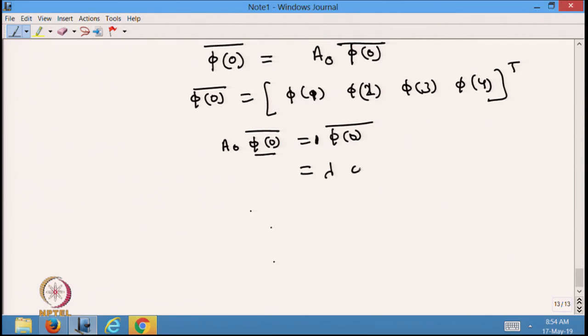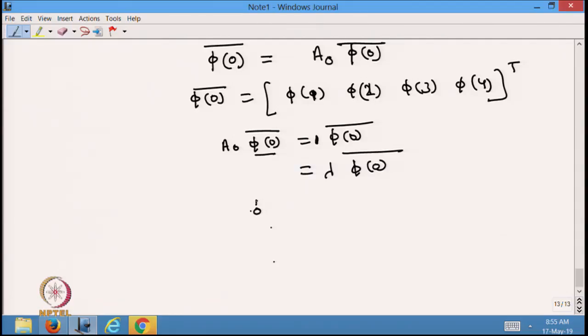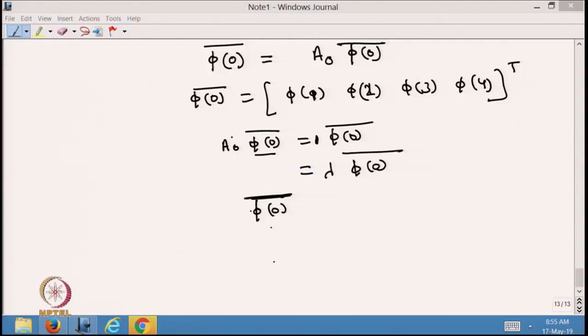because I can write it this way: eigenvector A naught phi naught. So this is an eigenvalue problem. We know how to compute an eigenvector corresponding to any eigenvalue. So if you know that, you know how to compute this vector. Of course, for that, lambda should be an eigenvalue of this matrix; you can check that and take it as an exercise. 1 is the eigenvalue of this matrix A naught,